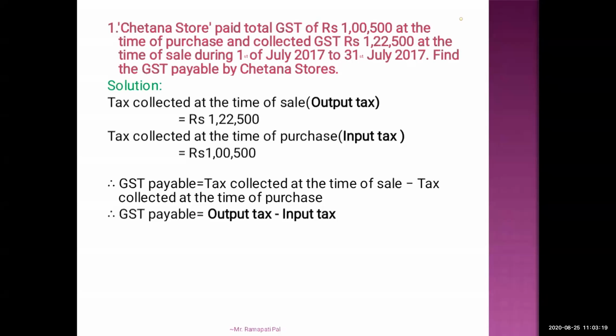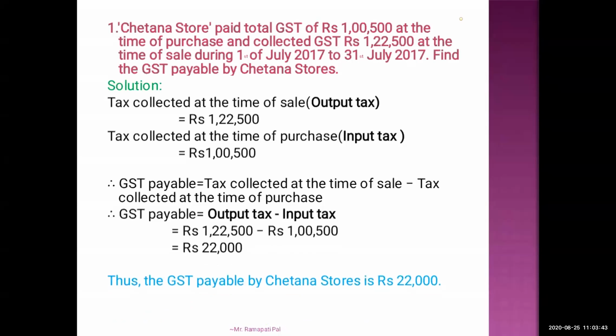Correct. Many students are writing. Very good. So simple it is. So rupees 1,22,500 minus 1,500 is equal to rupees 1,21,000. Clear to everyone? Up to here you understood? Just type understood. Okay, good.